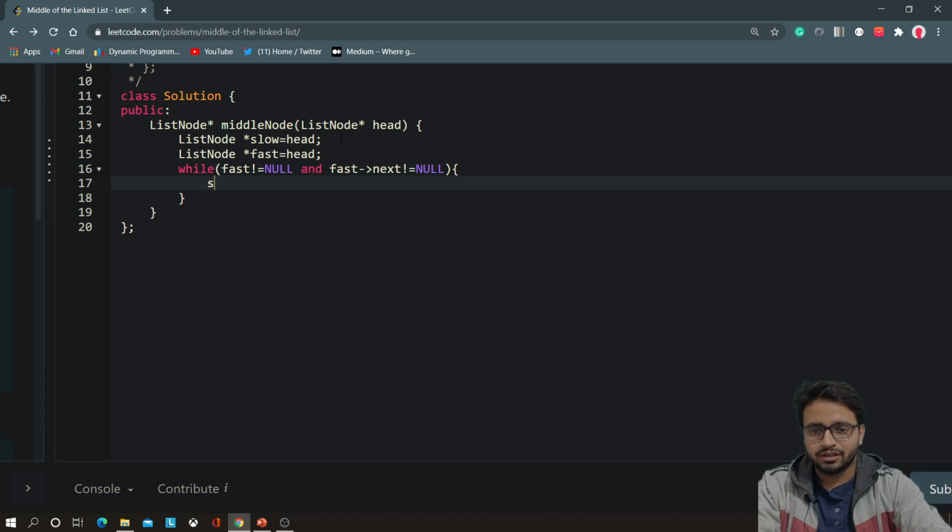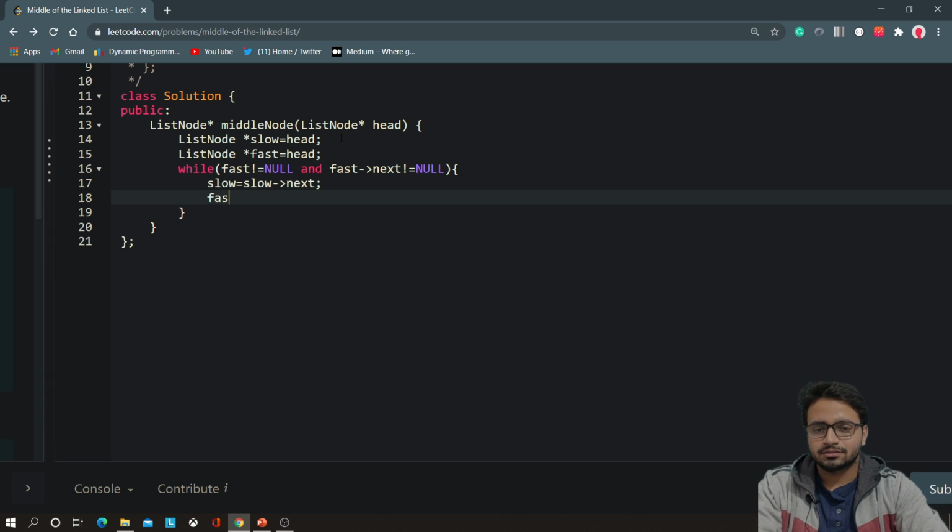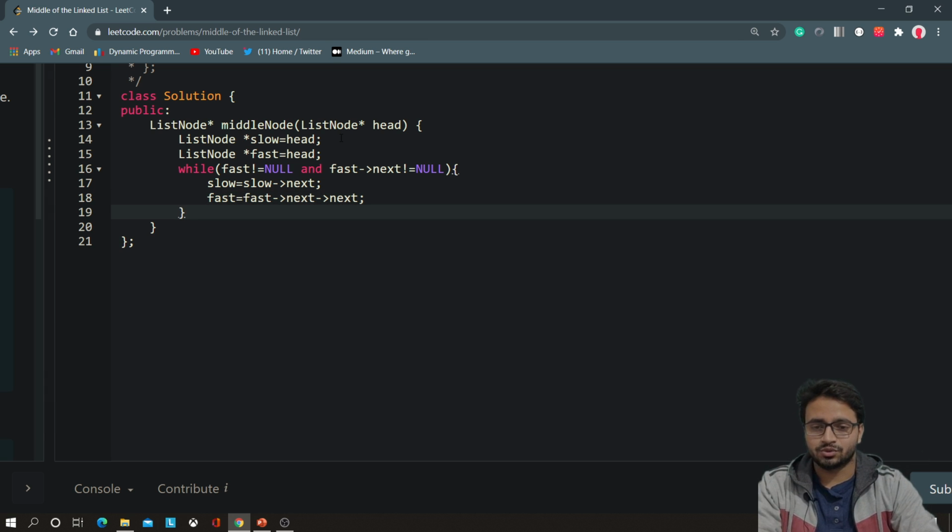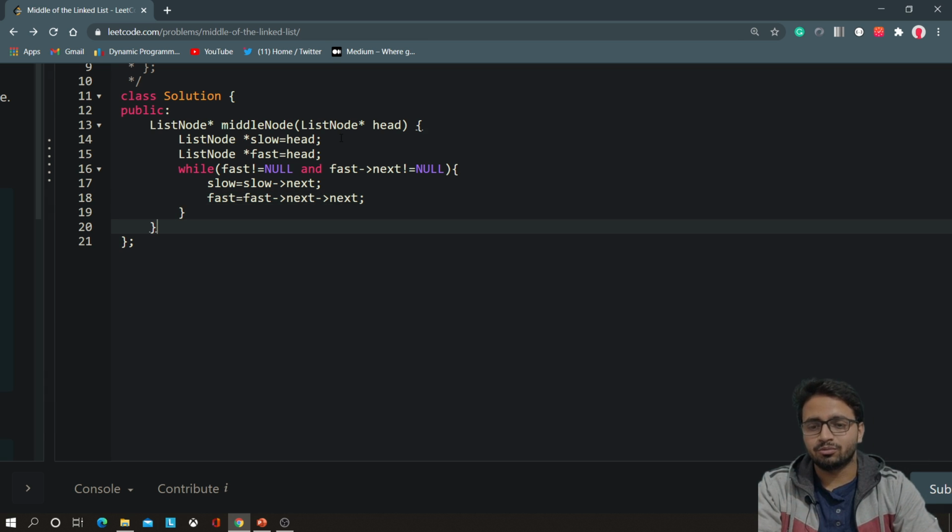So for that we are just going to move slow equals slow next, fast equals fast next. Is this enough? No, because we need to move our fast by 2. So fast next, that is going to store. That is how we are going to move our fast.